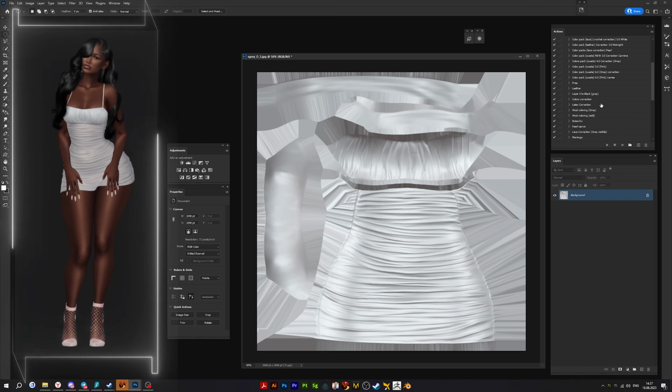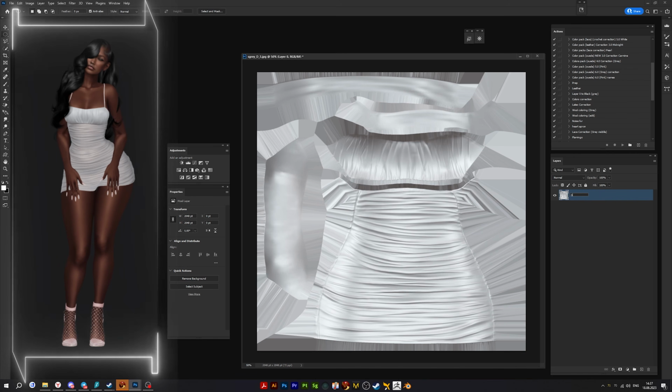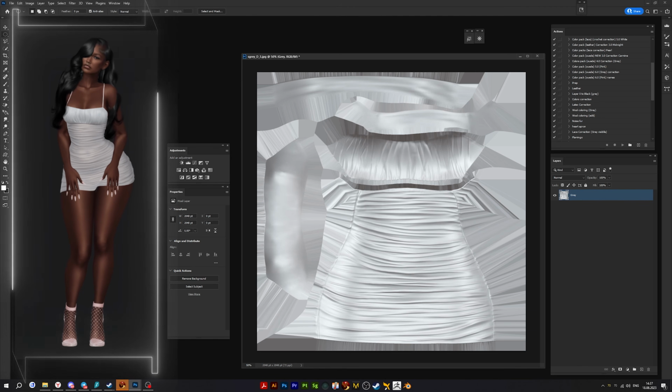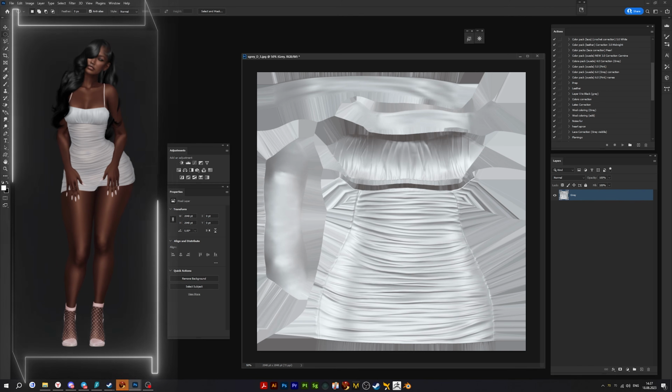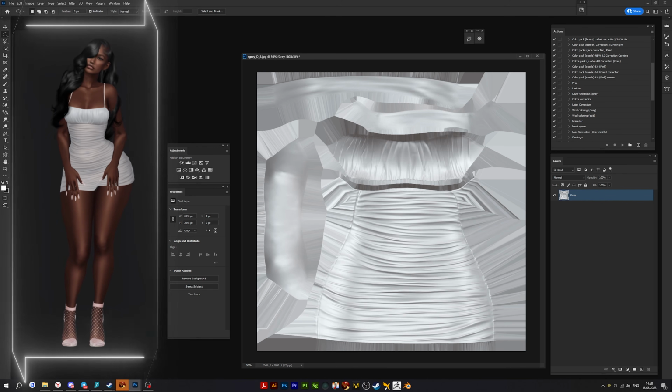Okay, first things first, we'll rename our layer to gray, which is very important. We always should have the same name for our first layer. We are gonna create an action that is gonna color all our textures for us. And this action will remember all of your steps.